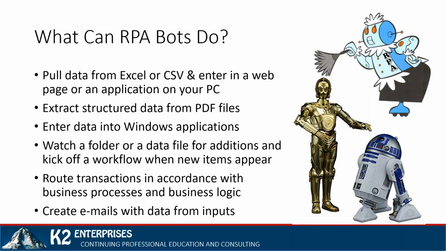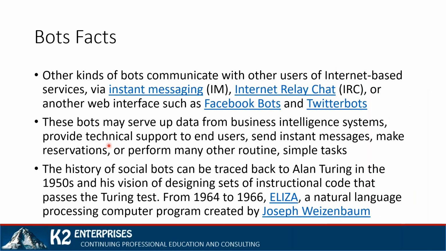Now, as we look at bots, there are other kinds of bots besides just RPA bots. Again, these RPA, robotic process automation tools, are designed for you to create your own bots to solve some of the problems you have. As we look at these, there are other kinds of bots though, like bots that work on instant messaging. Zoho actually has a bot called Zia that you can interact with, and when you need it to find something, it'll use natural language processing to pull the stuff up out of your Zoho information. If you look at Facebook bots and Twitter bots,